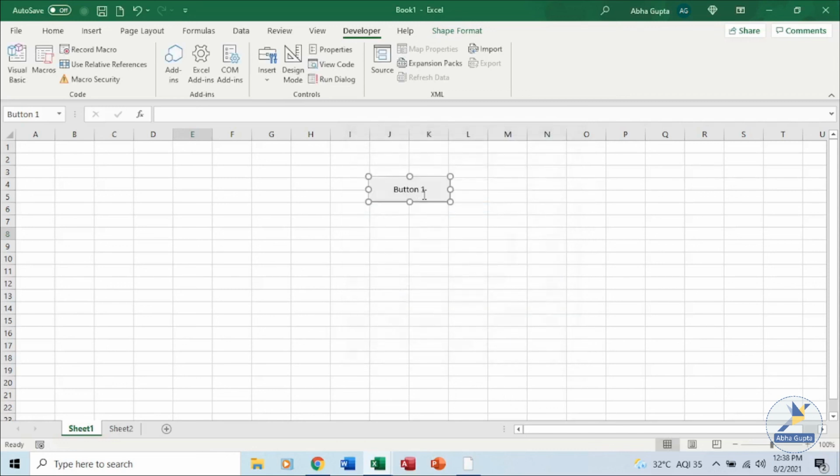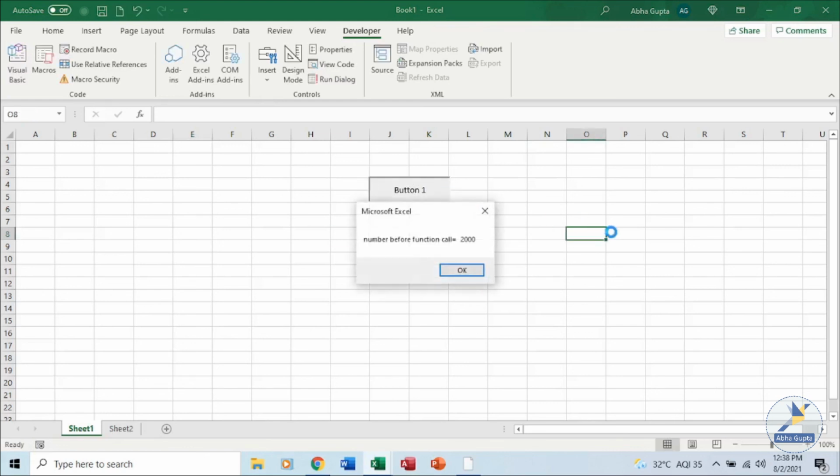So this particular button, if I click on this particular button over here, you can see we have assigned the macro which we have created earlier to this particular button. Once I click on this button, you can see the function being called for you. So this can be done. You can do the coding, you can have some controls on your Excel sheet, and you can assign that particular macro to the button or any other control which you are having on your Excel sheet. That can also be done.